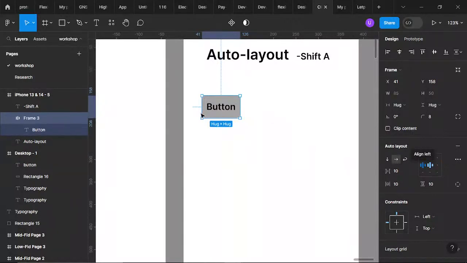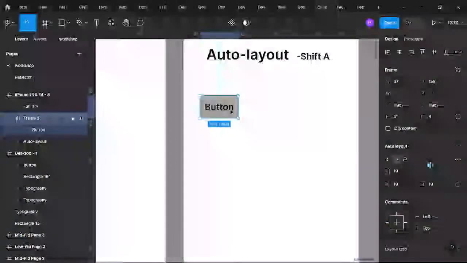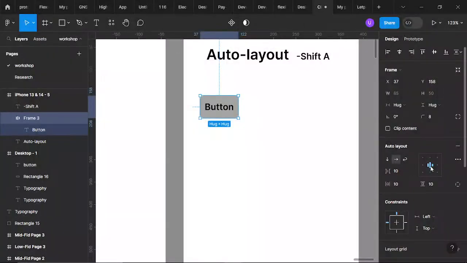In this container now, the component is aligned in the center. So we have align left, align right, align top right, align top center, align top left, align bottom left, align bottom center, and align bottom right. Any way you want to align your elements inside the container.